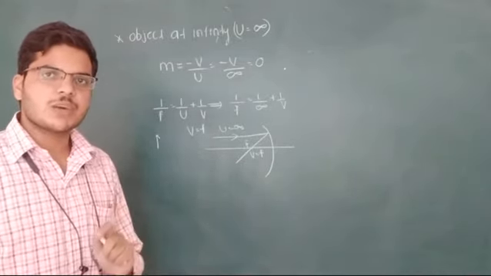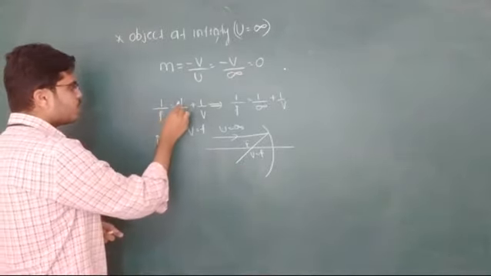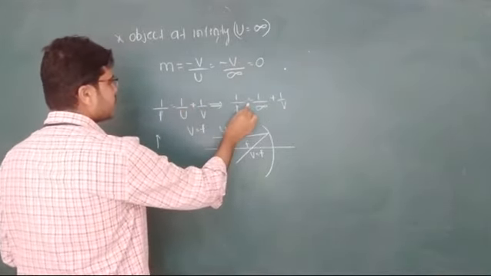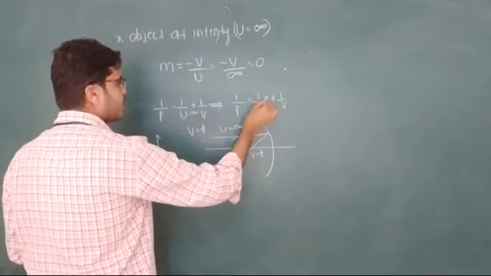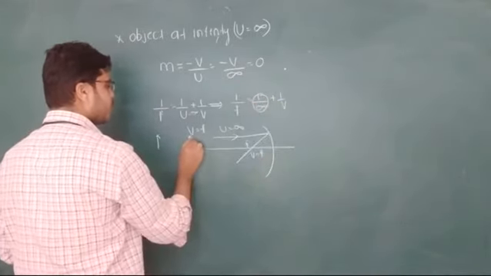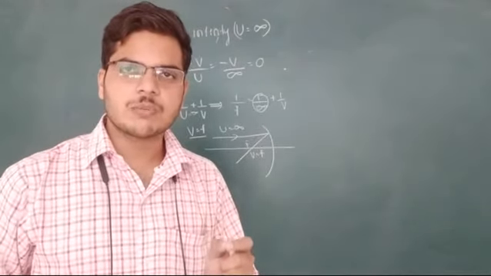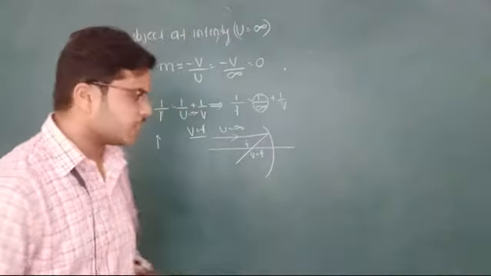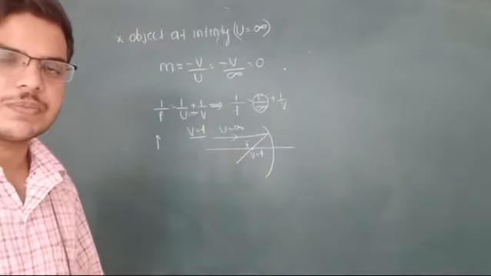Now, where the image is forming, look at this equation, the mirror equation. 1 by f is equal to 1 by u plus 1 by v. That implies 1 by f is equal to, u is equal to infinity, 1 by infinity plus 1 by v. 1 by infinity is 0. Now 1 by f is equal to 1 by v. Therefore v is equal to f. Means the image is formed at a distance of focal length. Means after reflection it must be passing through the principal focus. This is the meaning. Is it clear?